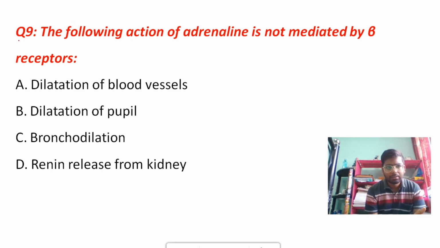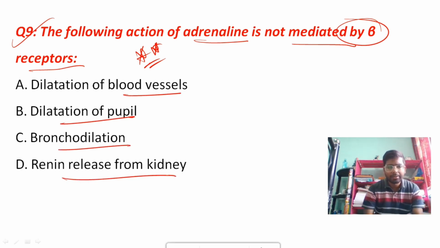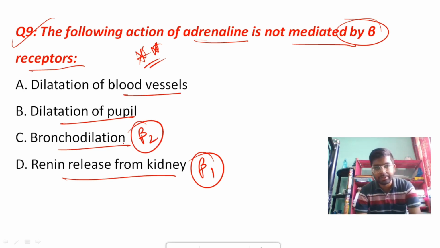Then coming to the next question, the following action of adrenaline is not mediated by beta receptors. It's also a very important question. Dilation of blood vessels, dilation of pupil, bronchodilation, and renin release from kidney. See, renin release from kidney is done through beta 1 receptor. Okay, and bronchodilation means beta 2 receptor is present in your lungs,